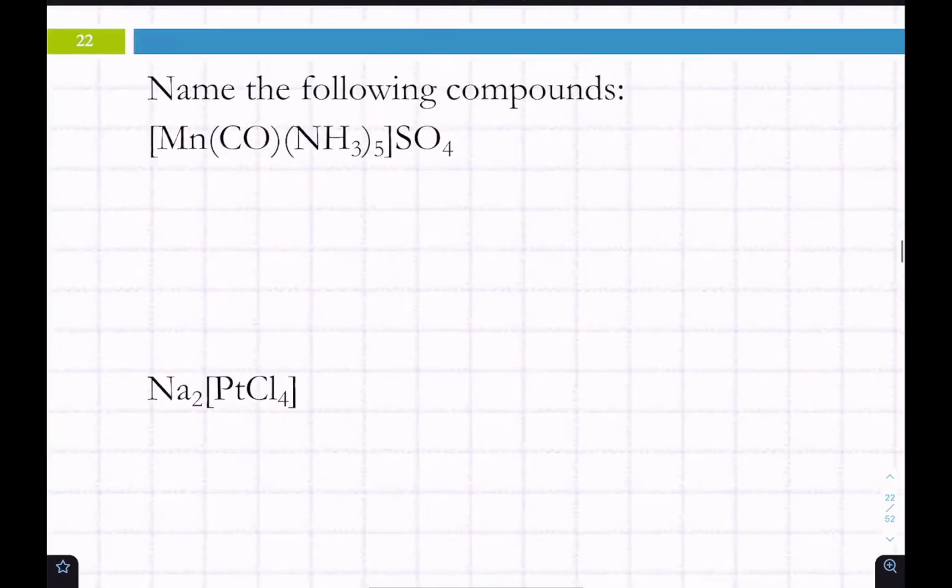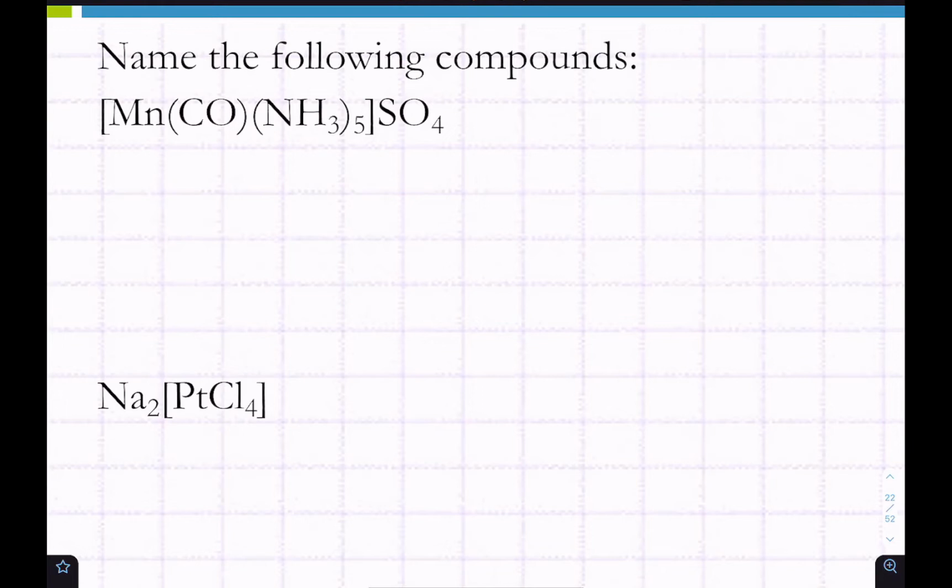Here's a couple examples. So if we're going to name these compounds, how do we start naming this first complex ion? Yeah, the ligands. So the ligands are everything that's not the metal ion inside the brackets. Anything outside the brackets is a counter ion to what's on the inside. So our ligands here are going to be the carbonyl and the amine group. So which of those is going to come first? The amine. And we have 5 of those, so it's going to be